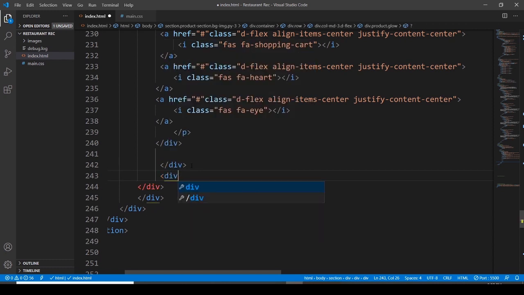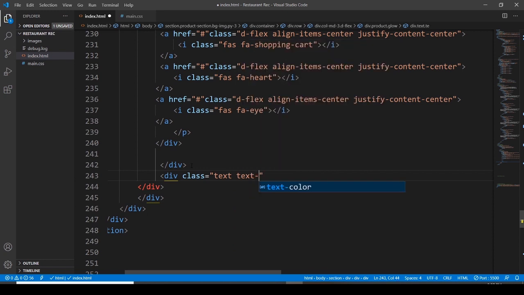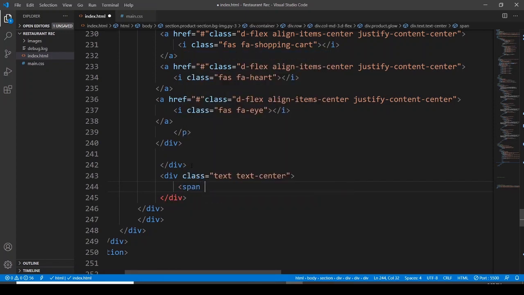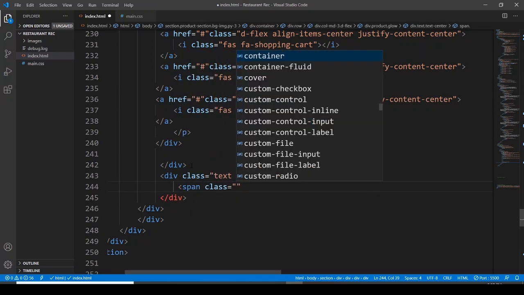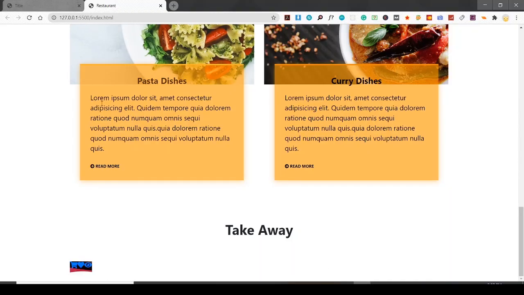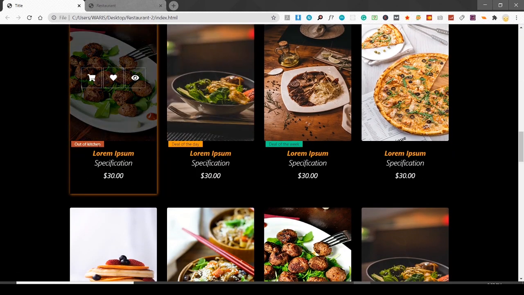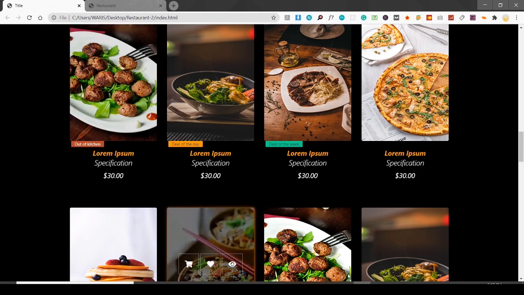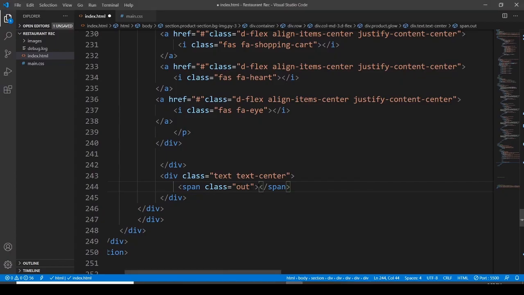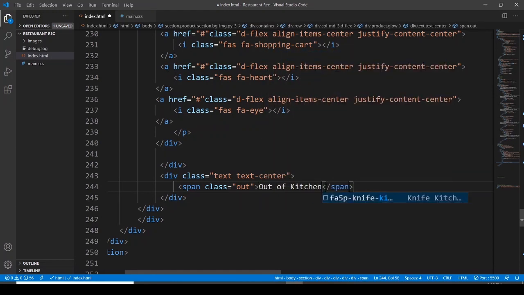Here I want to have another division. I want to assign it a class, and this class is going to be text, and then text center, and then after here I want to go with the span element, assigning it a class, and this class is going to be out, and we are going to use this class in CSS. I know it's not so specific, but let me tell you, I'm going to use this badge an out of kitchen, so that's why I use the out class here. And so it is out, and here I'm going to write out of kitchen,